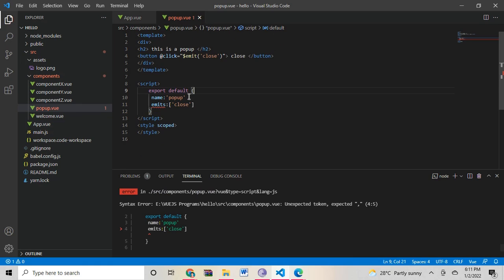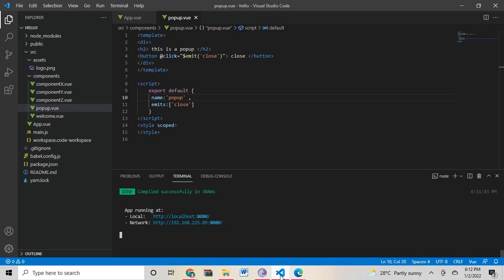Now go to the browser. If you click this open pop-up, the pop-up will be opened. And if you click this close button, the close, which is your custom event, closes this pop-up box. Now we can clearly understand that props help you to make communication from parent to child. Here emit emits the custom event from child to parent, and the custom event is close. Just try this program.